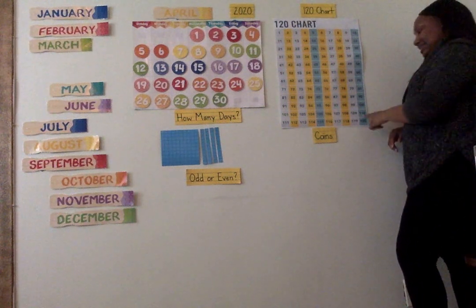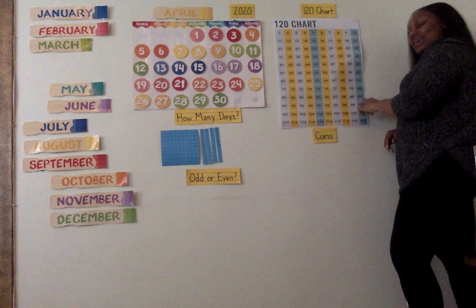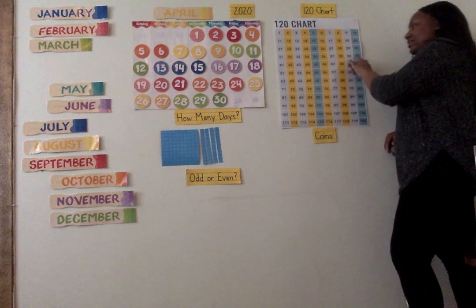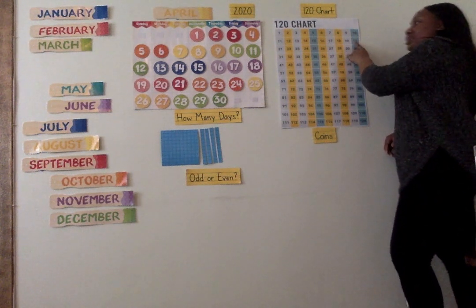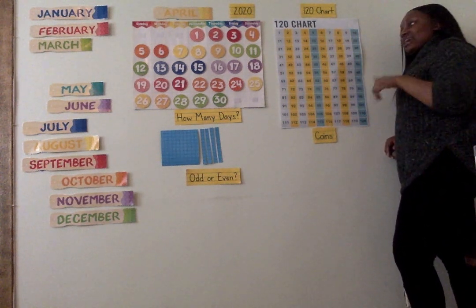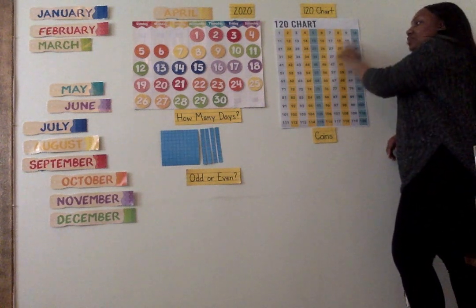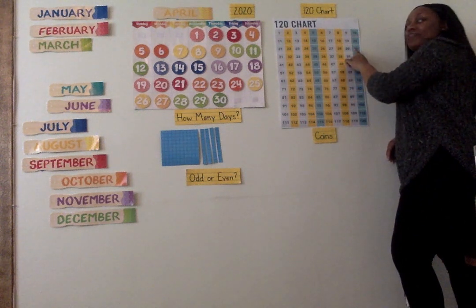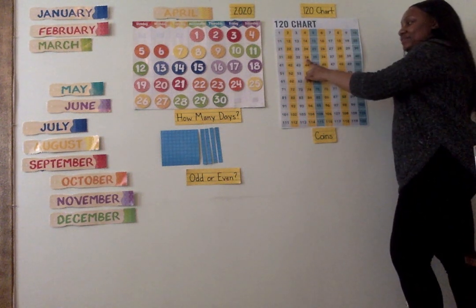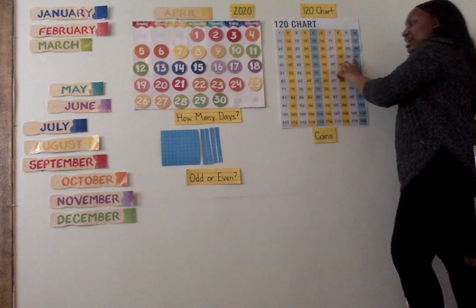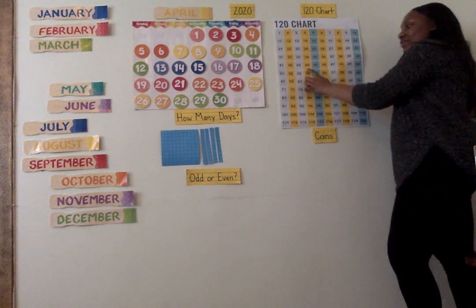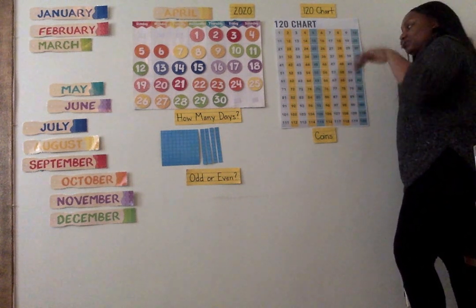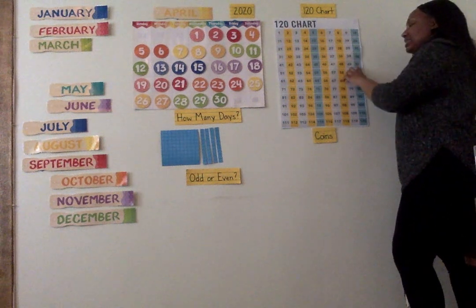Stop. Switch. Count back by 10s. 110, 100, 90, 80, 70, 60, 50, 40, 30, 20. Stop. Switch. Count up by 2s. 20, 22, 24, 26, 28, 30, 32, 34, 36, 38, 40, 42, 44, 46, 48, 50. Stop. Switch. Count back by 10s. 50,